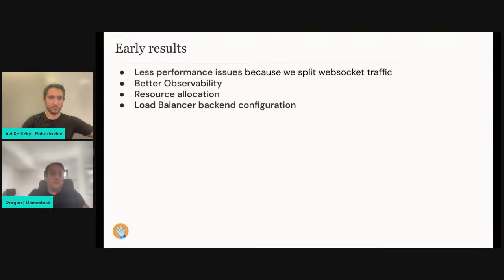But we have some early results. We have fewer performance issues because we split the WebSocket traffic, of course. We have better observability, better visibility of traffic. We can determine if WebSocket or REST traffic are making issues and where, which requests, and so on. We have better resource allocation because we separated servers into two deployments. Now resources are more